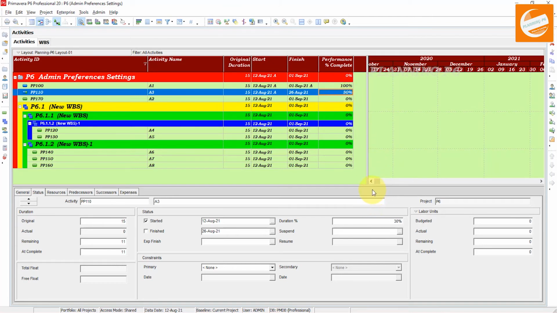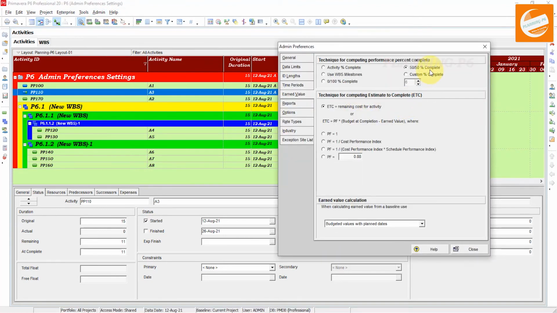But the logic is that from 0 to 99%, when the activity starts, the performance percent complete is 50, and when the activity is completed and you finish the activity, it will be 100%. That is the logic of 50/50 percent complete. And the last option is custom percent complete.